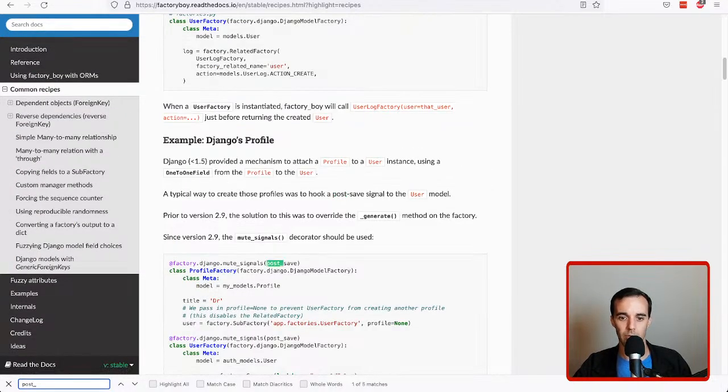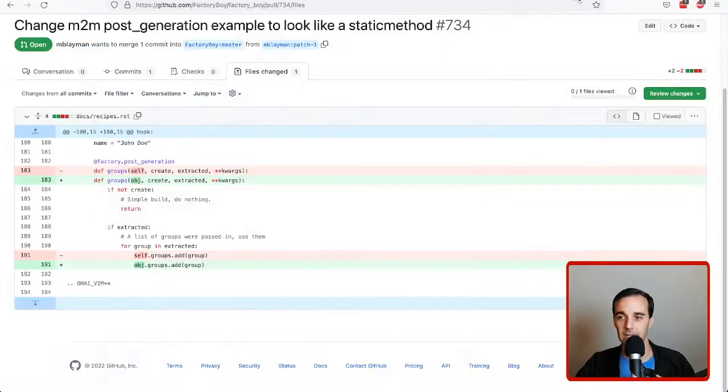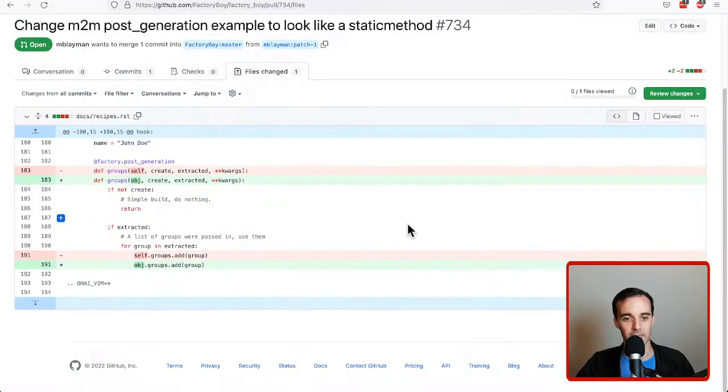Post generation? No, still wrong. Okay, so this is what the documentation shows, and like I showed and just talked about, it's not correct. So the point is that the Bugbear plugin is confused because this is a weird case with